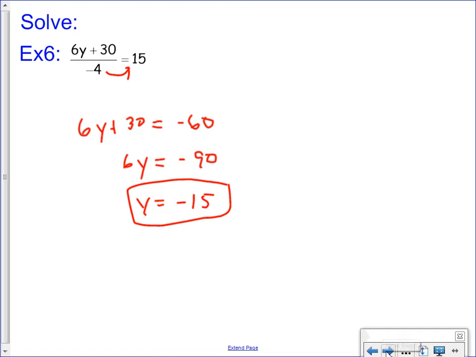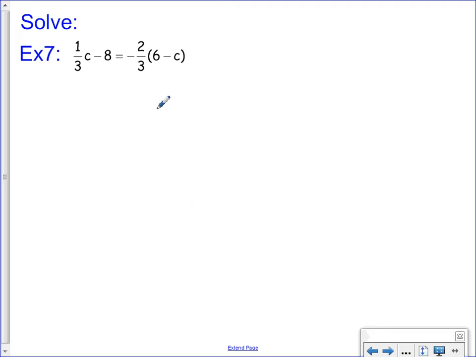All right. So here's what I mean, Miss Abby. I wanted to thank you for bringing that one up. I wanted to show you this one. Okay. So let's say you just want to multiply everything by 3 first. You could go the other way and simplify it first. Well, let's say we multiply everything by 3 to get rid of the fractions. The trick is to make sure that you multiply,